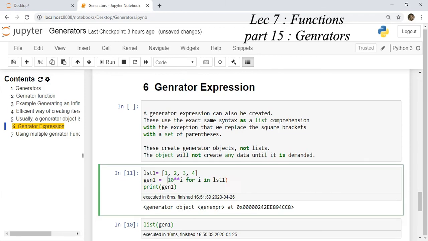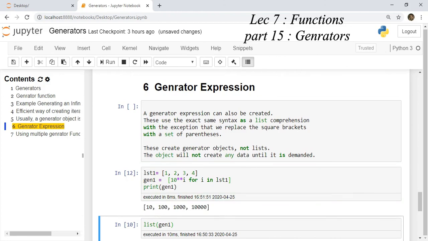If it is a list comprehension, then it will return a list. What you have to change? You have to change the parentheses to opening and closing square brackets. It will return a list and generate the values. If you want to return a generator object, the syntax is: generator object equals opening parenthesis, expression for item in the container, closing parenthesis. This is the syntax. Click on the cell, run the cell, check this is generator output. It will only run when you run the next method, or it can be consumed by for, sum or another function which has inbuilt next or stop iteration methods.